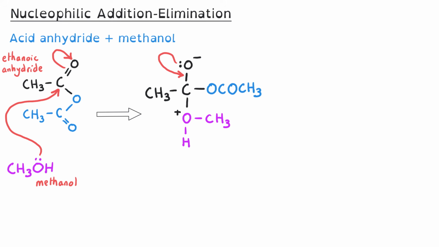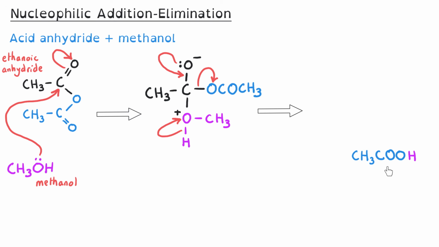We're reforming that double bond, and then the rest of the acid anhydride is now the leaving group, and so we've got a bond between the carbon and the oxygen which is going to break. The oxygen is going to take both of those electrons and leave this organic molecule. And the nucleophile part of the organic molecule needs to have its charge stabilized, and so that oxygen will take both of the electrons from one of the covalent bonds that it had, and it will take it from that hydrogen atom because that bond is easier to break, and so the hydrogen atom will also leave this molecule, and it will combine with the rest of the acid anhydride that left this molecule, and we will see the formation